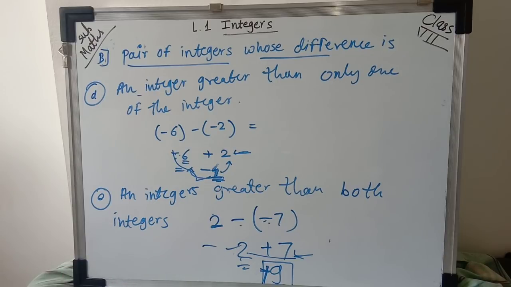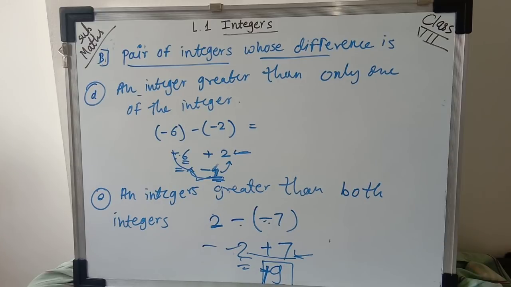So here we have seen the pairs of integers for addition and for subtraction. I hope you have understood. Just understand this whole session, then attend the session again and revise what you have learned in this session: how to find the pairs of integers, what cases you have to consider when finding the pairs, and how you have to change their sign when doing addition and subtraction.